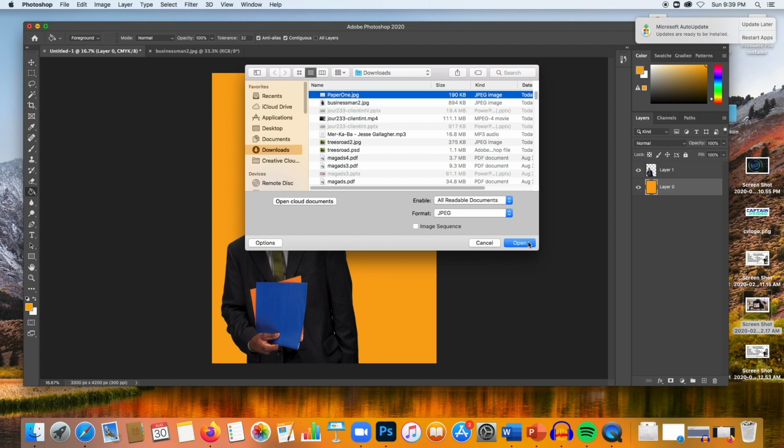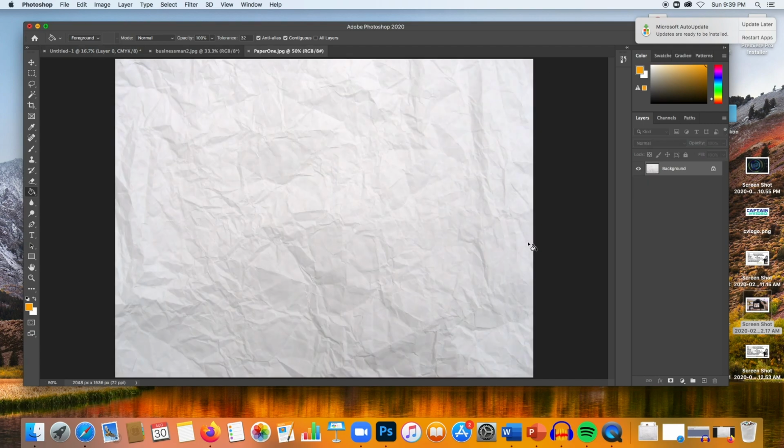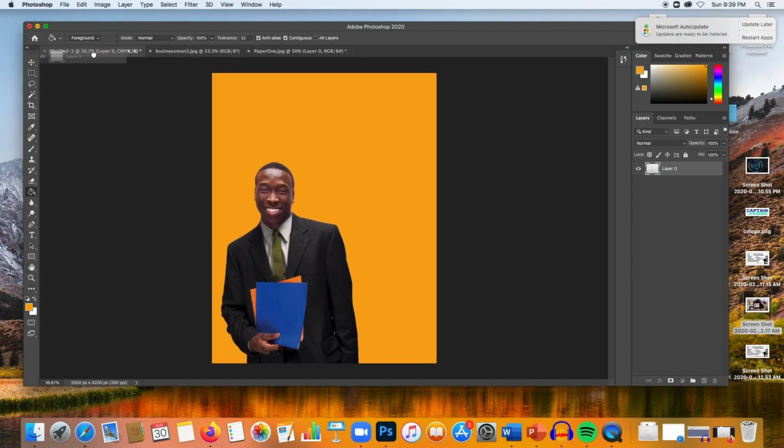And I'm going to choose this notebook paper image that's available in the class folders. It's paper1.jpg. I'm going to unlock that background layer. And I'm simply going to go to the Layers menu, click on it, and drag it. See how it's almost transparent? And drag it all the way up until our Untitled 1 document is here. And then I'm going to just let go